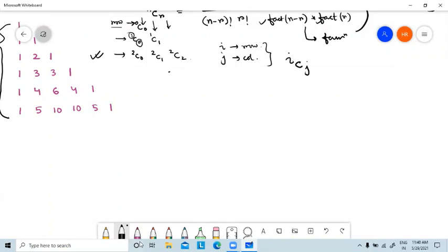Only 1 minute, so I hope you will rejoin. I'm just writing it fast. For I equal to 0, it is initialized with 0. How many rows? 1 2 3 4 5 6. So I less than 6, I plus plus. Then inside this I have to define another for loop for the column. So J